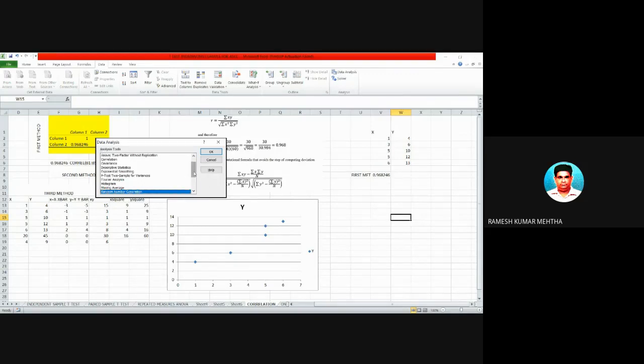Then you can scroll through the different commands, the features this particular Data Analysis tool pack has. You have ANOVA, ANOVA two factor, another ANOVA two factor without replication, correlation, covariance, and so on and so forth.